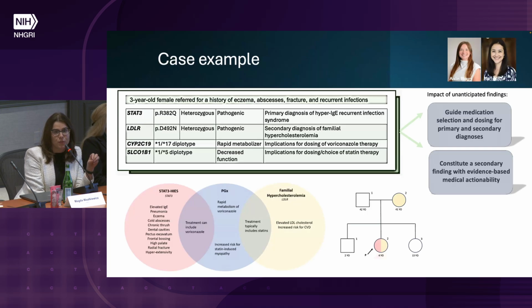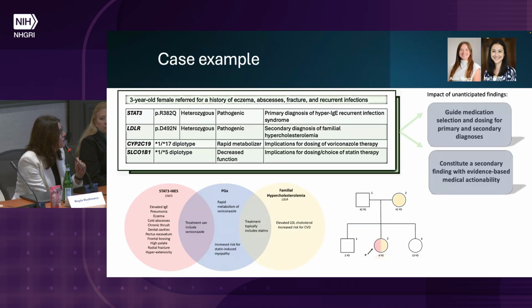And when I actually reviewed her medical record, there was a note in our system that she was treated with voriconazole and could not tolerate that therapy at all. So it actually all made sense once we put all those pieces together. And then obviously for the treatment of high cholesterol, statin therapies are very frequently used, and once again, her genotype predisposes her to statin-induced myopathy, and probably that medication is contraindicated, or maybe the dosing needs to be altered for